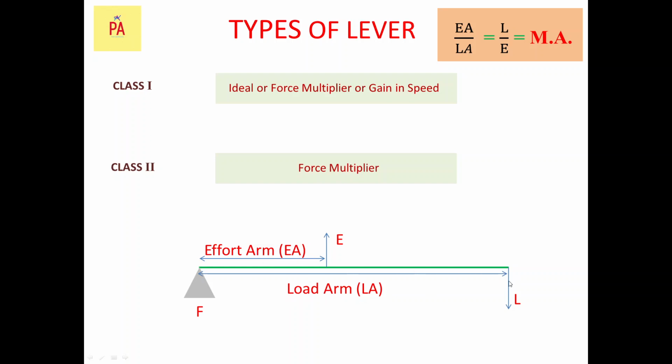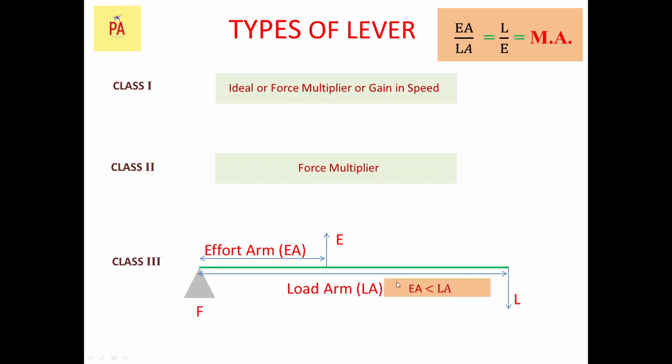Now if you reduce this, if you take this load point to this point also, no issue. But you cannot take this load point in between effort and fulcrum, because then this lever will get converted to class 2 lever. Our intention is not to convert it to any other class, but to diagnose what happens in class 3 lever only. That means effort will always remain in the middle for class 3 lever. Whatever the conditions, if you move this effort point towards the fulcrum or away from the fulcrum in any way, load arm will always be more than the effort arm.